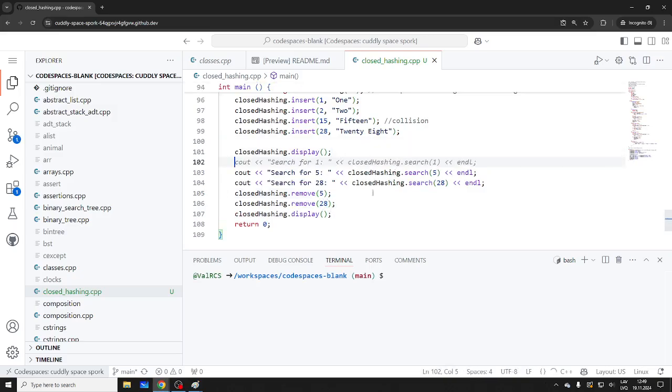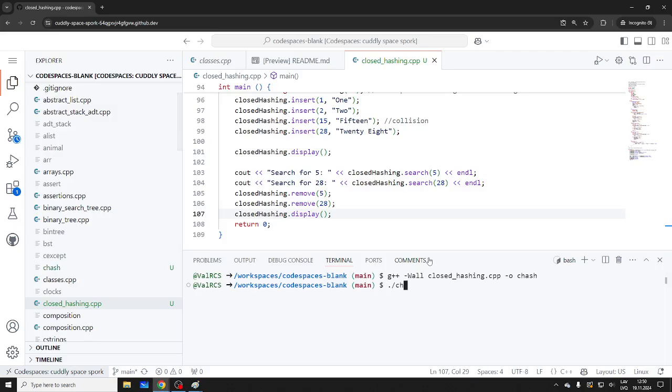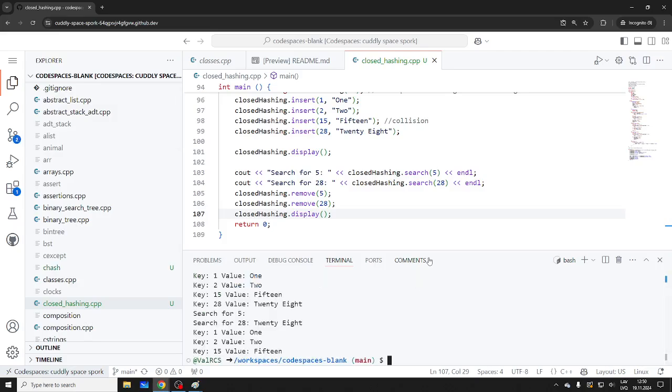Okay. Let's see this in action. C++ or g++, closed hashing. Come on. It's not there? Oh, okay. a.out. Yeah, it compiled. I don't know how. Yeah, so it works. Search for 5. It didn't find 5, well, because I didn't have it. Right, good. So it works. There's no crashes. That's good. Meaning if you search for something not existing, you don't find it. That's good. So something to look at again.